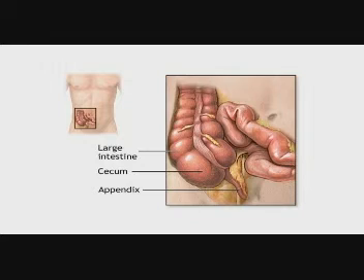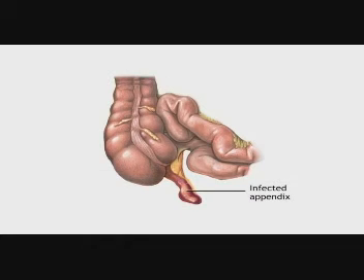As you examine the abdomen of a client with suspected appendicitis, you will note lower right quadrant pain. The pain seems to begin in the periumbilical area and then moves over and localizes in the right lower quadrant. You will also note rebound tenderness at McBurney's point, which is halfway between the umbilicus and the anterior iliac spine. The client may also present with